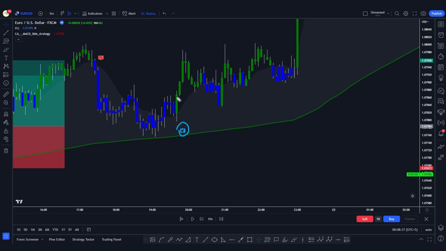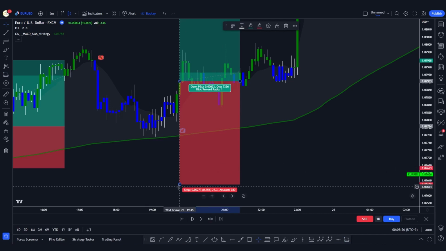So for example, here the market is trading, or the price action is happening above this SMA line, and the color of this SMA line is green, and also there is a buy signal by the Follow Line indicator. So we're good to take a long position at the close of this candle here where the indicator is giving us a buy signal, and we can put our stop loss at the last swing low, and again we'll be